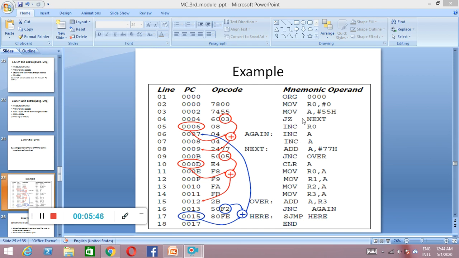Suppose it is going to jump to the next level, that is this level. How is it going to work? Here you can see, as it is given jump to the particular address, it is going to add the program counter content. There may be a question, why is the program counter content 0006? We always know that the program counter points to the next instruction to be executed. So it is going to be 0006 plus 3. Where does this 3 come from?